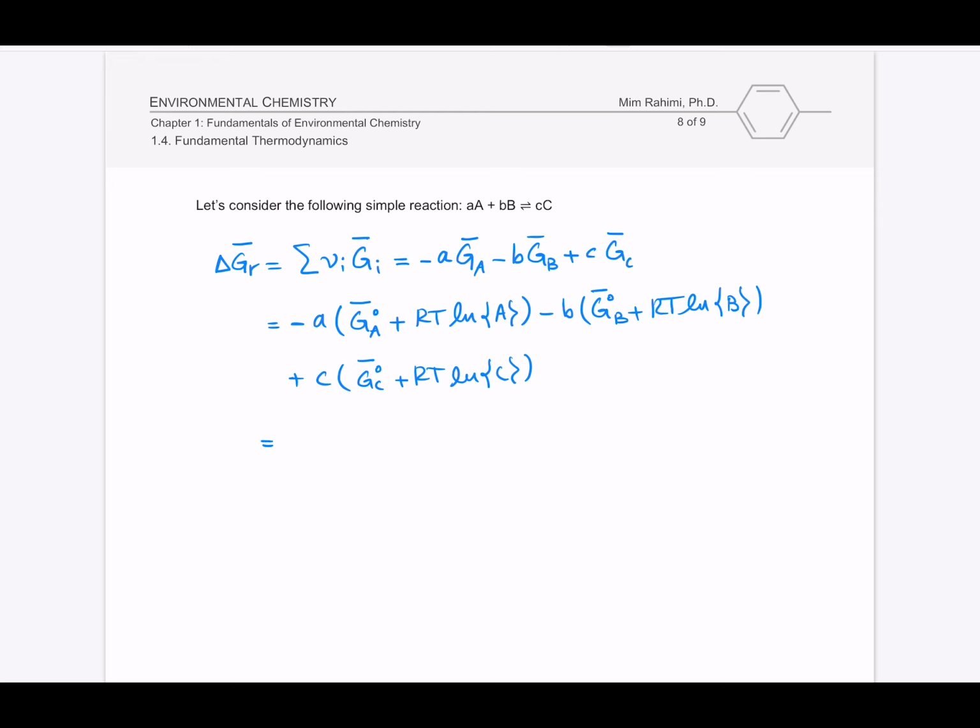So I can rearrange this a little bit. Basically minus A G_A standard minus B G_B standard plus C G_C standard